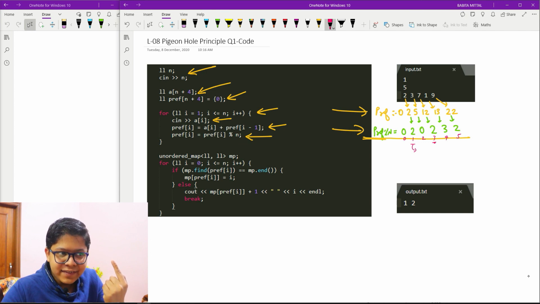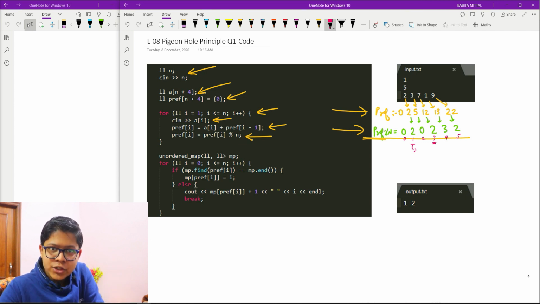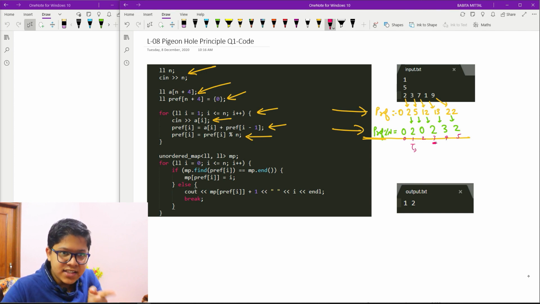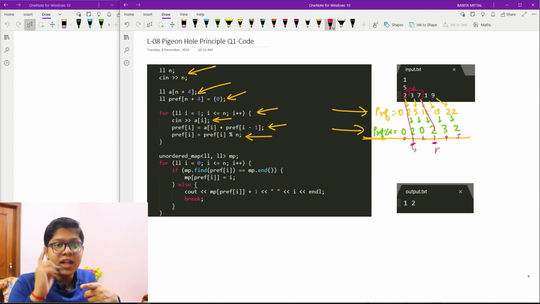Now at any other index, if I'm obtaining 2, which means that it is repeating. So I need to see, okay, the 3 will be the range last and the range starting will be 1 plus 1, as I showed in the last video. So as you can clearly see, if I have obtained a 2 and I'm going for another 2, it will be R and the L will be nothing but the index of this plus 1. If I'm going from here to here, L was here, but I'm saying L plus 1, and I showed you why I'm doing L plus 1 in the last video.